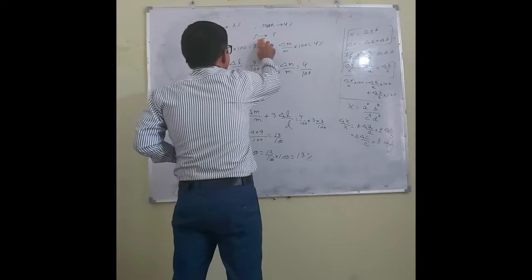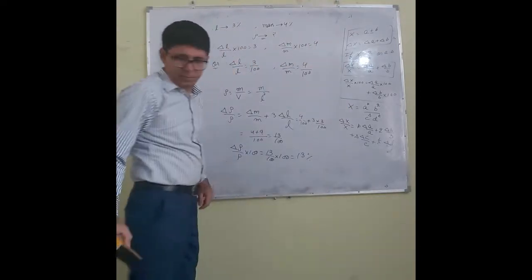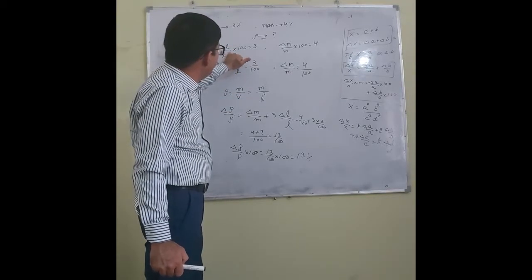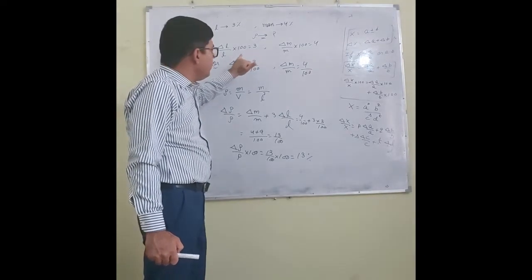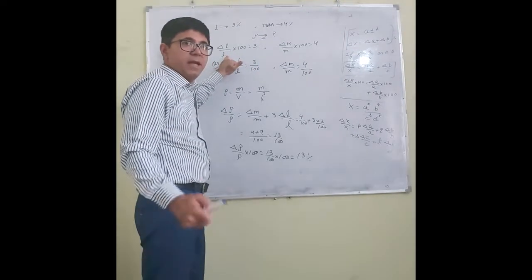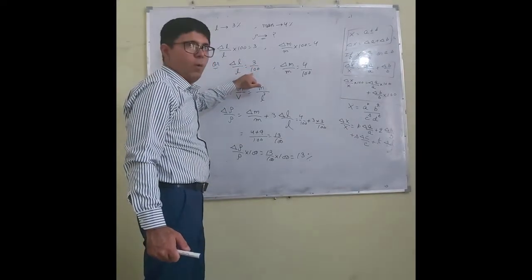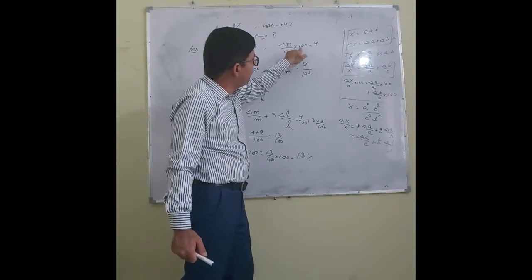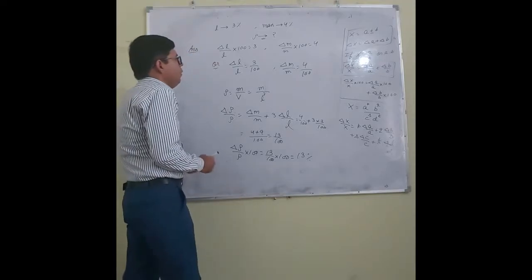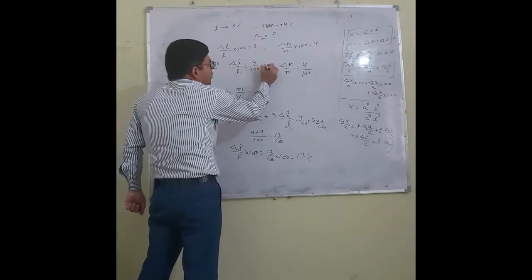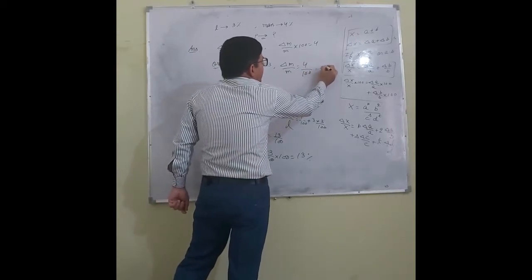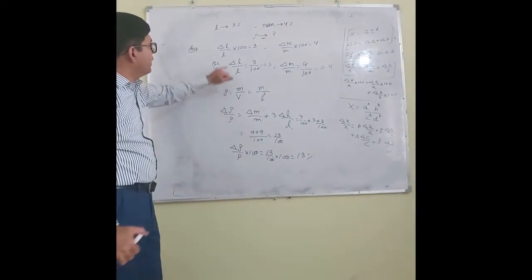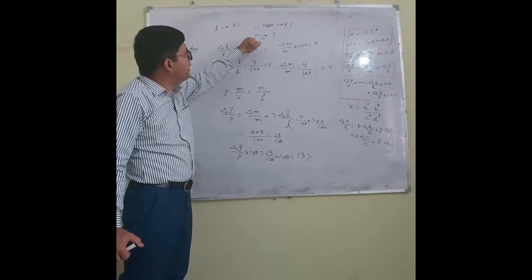Now what are we given? We are given that the percentage error in measurement of length is 3%. So what will be delta L by L? That is the relative error in L. It will be 3/100. And here the relative error in mass will be 4/100. So what can I say? That it is equal to 0.03 and it is equal to 0.04. Right? Now I have to calculate the percentage error in density.